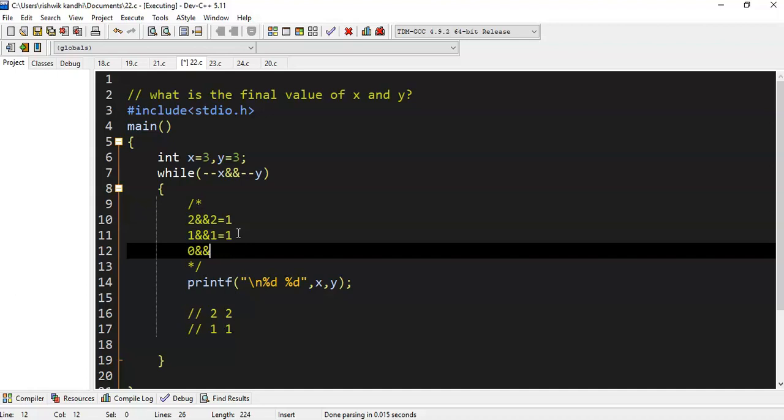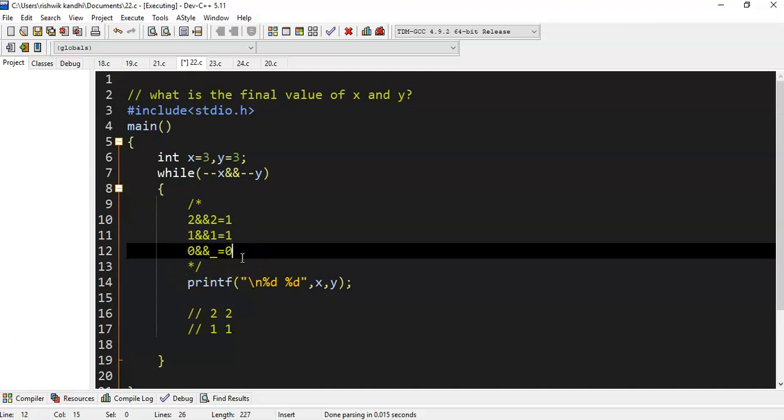Why will I not evaluate the second expression? The first condition is already false. Then whether the second expression is true or false, my final output would be false only. So with the help of the first output only, I am declaring the entire expression is going to return false.